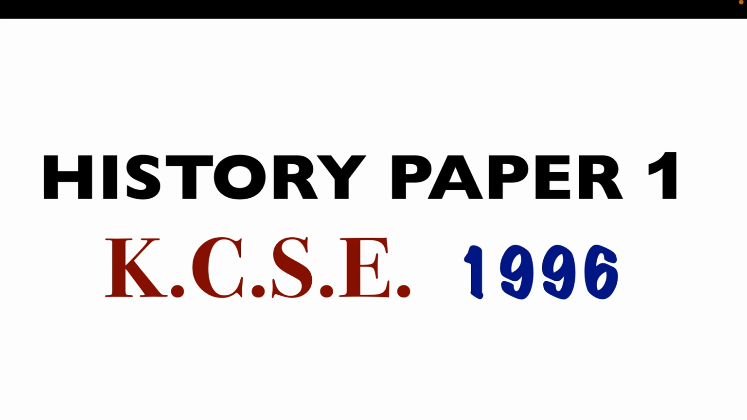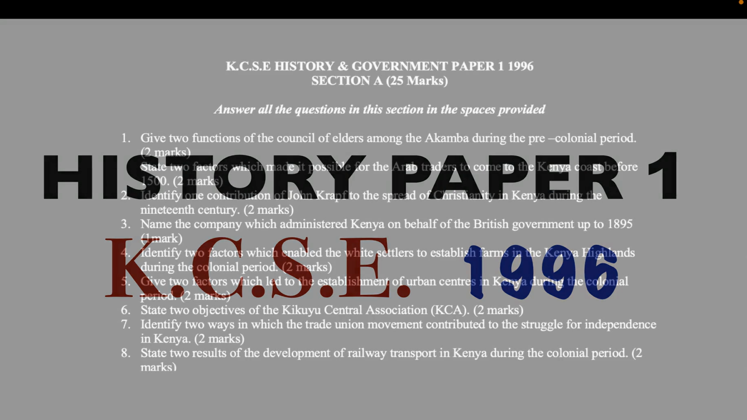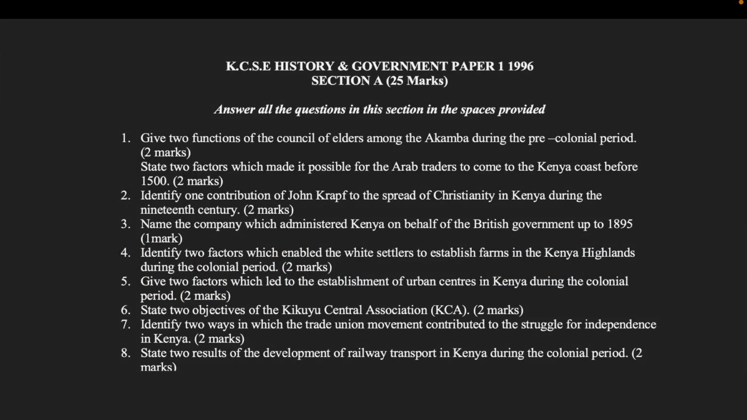1996. Section A, 25 marks. Answer all the questions in this section in the spaces provided. Give 2 functions of the Council of Elders among the Akamba during the pre-colonial period. 2 marks. State 2 factors which made it possible for the Arab traders to come to the Kenya coast before